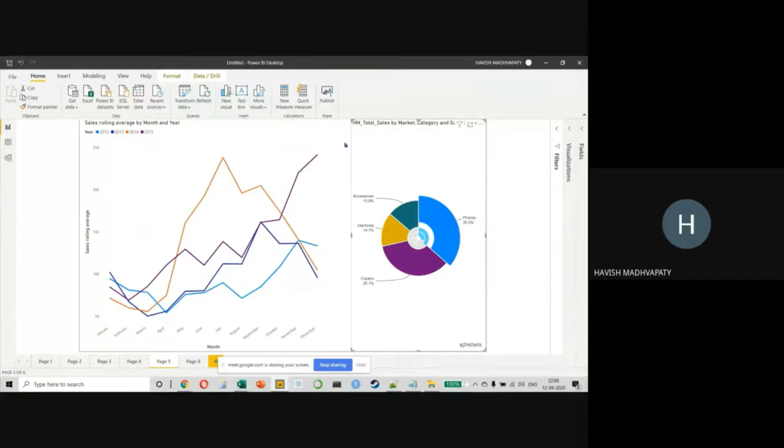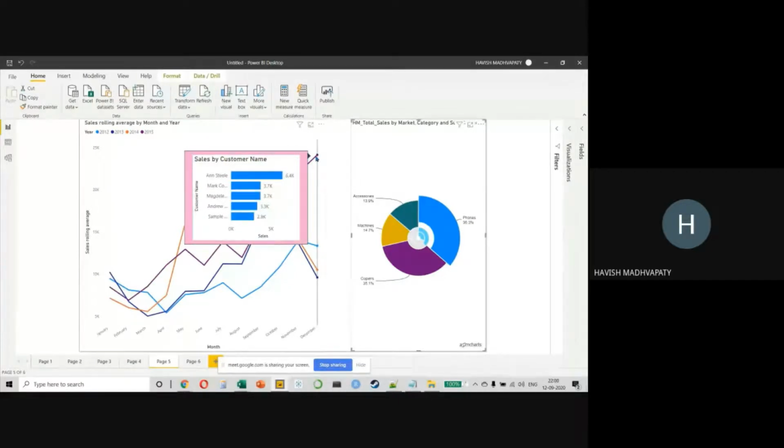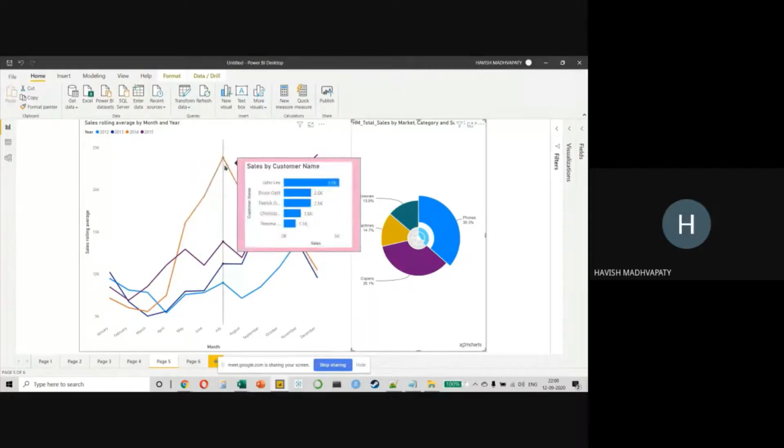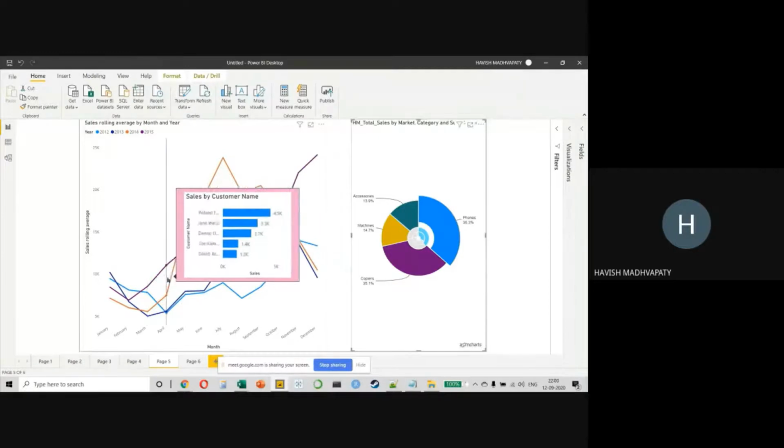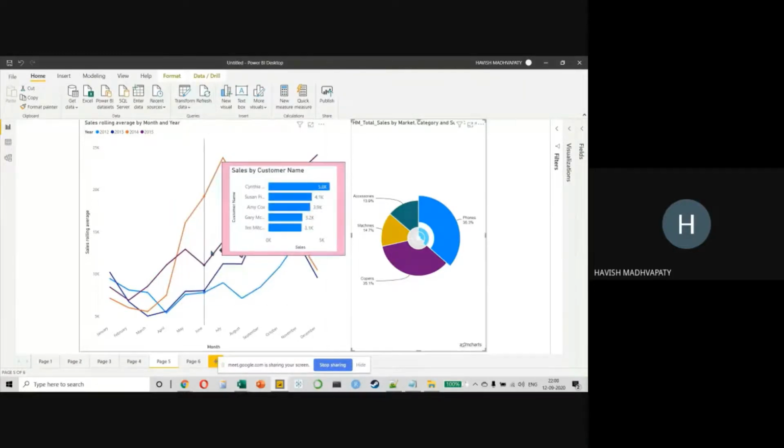And if I want to see who are the top 5 customers, I can just take my mouse and it will show me who the top 5 customers were for that particular month in that particular year, like this, right? So if you notice, this is dynamic. So where I take my mouse, it will dynamically filter the data for me, right? Any questions? By the way, this can be done on Tableau as well. So it's not something unique to Power BI. And Tableau also does this very well. I mean, it's a beautiful tool, right? Because it gives you the ability of creating more granular, detailed analysis.